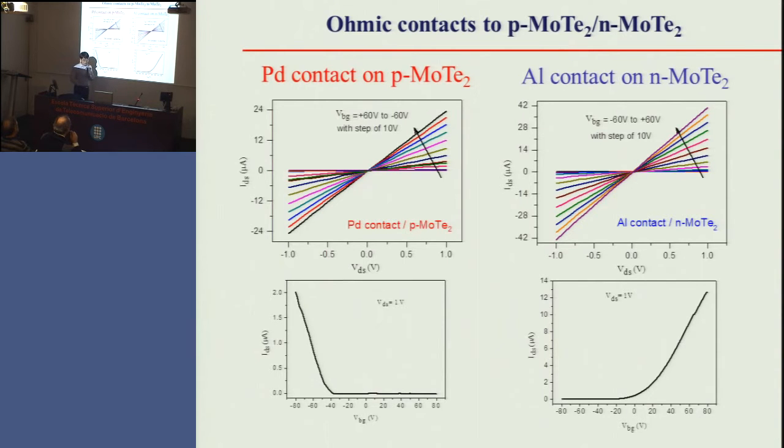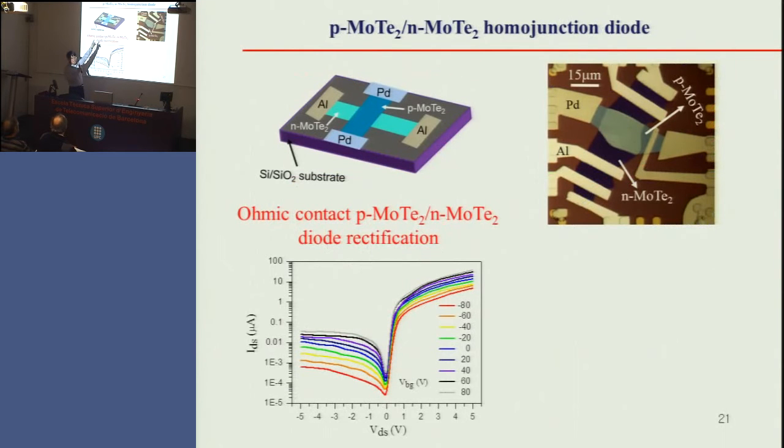Anyhow, by using those two-dimensional materials, I could make contacts like this. After that, I can do the experiment. I can flow current from the aluminum side to palladium in such a way. Although all contacts are ohmic, I am really looking at the van der Waals junction between P-type MoTe2 and N-type MoTe2, which shows very nice rectification.